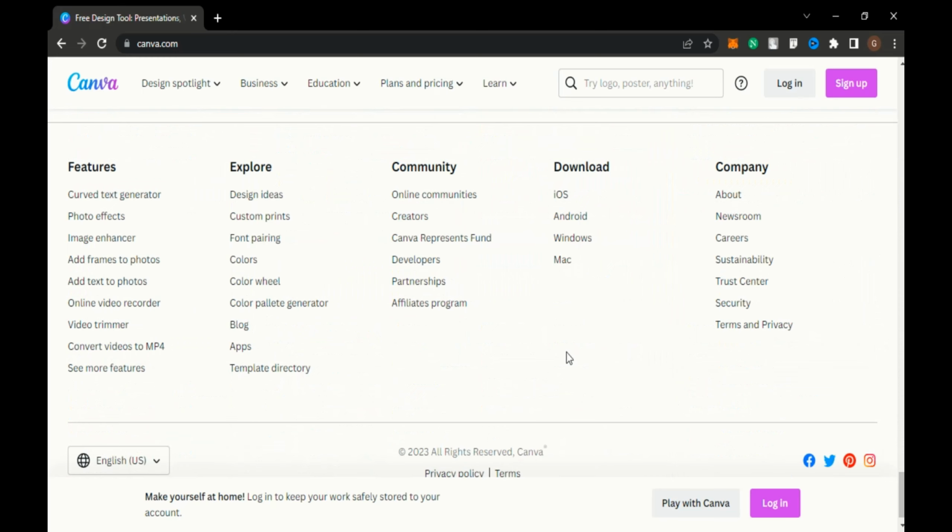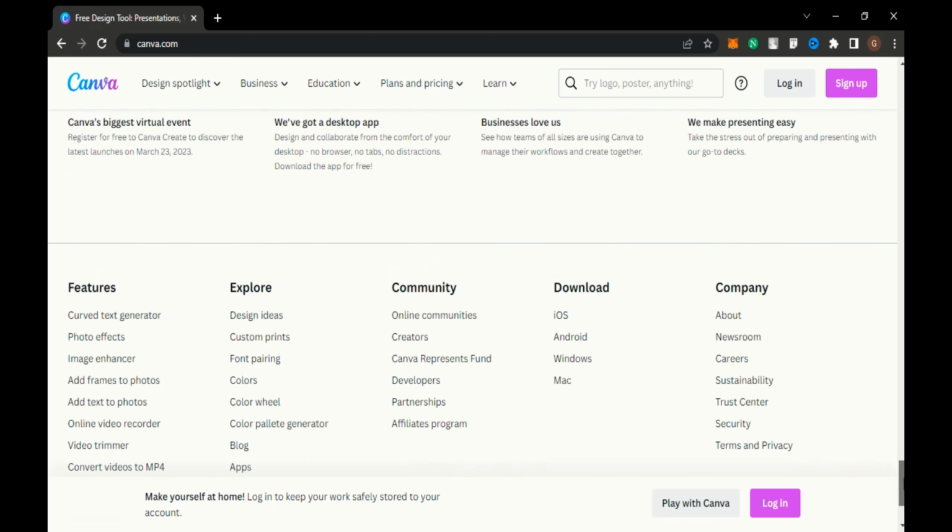So for people that are using their smartphones, all you have to do is go to this download. If you are using an iPhone, you're going to select iOS. If you are using an Android, you're going to select Android. Then this Windows is for people using Windows laptops, and this Mac is for people using Apple laptops. So once you download the platform into your device,